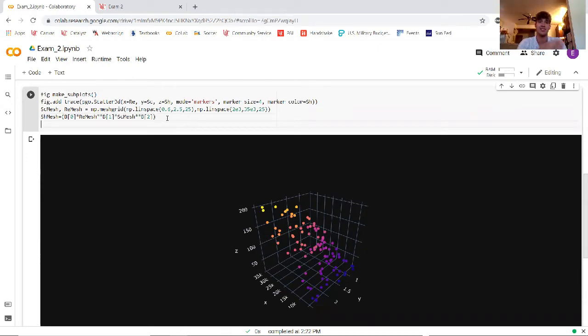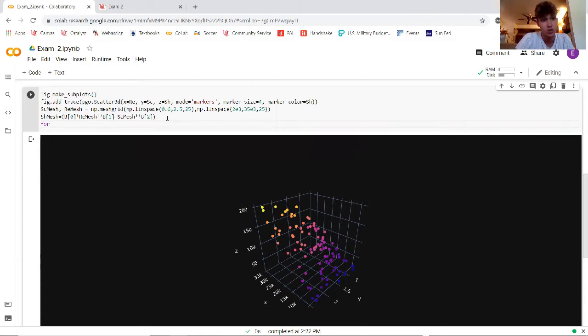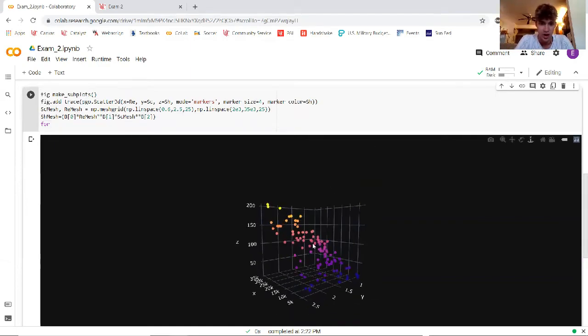So what we actually want to do is tie these all together, and Python has this thing called zip. So what we're going to do is zip all these values together, and then eventually we're going to use add trace to put them all together. So for each iteration of the giant arrays that contain all of the values for the Reynolds number, the Schmidt number, and the Sherwood number, we want to zip all these together so they can all get compared with each other, and we can have a comprehensive list of all of the mesh that's going to come onto our graph